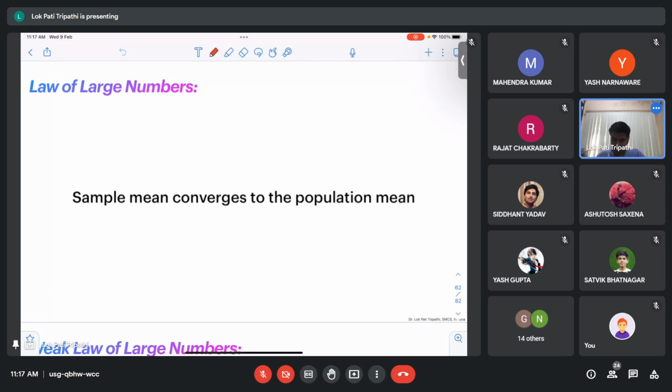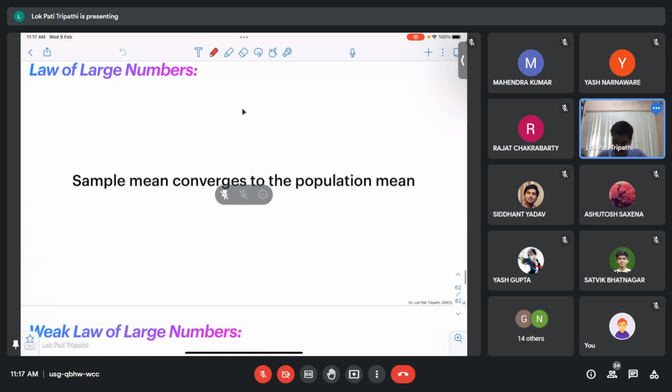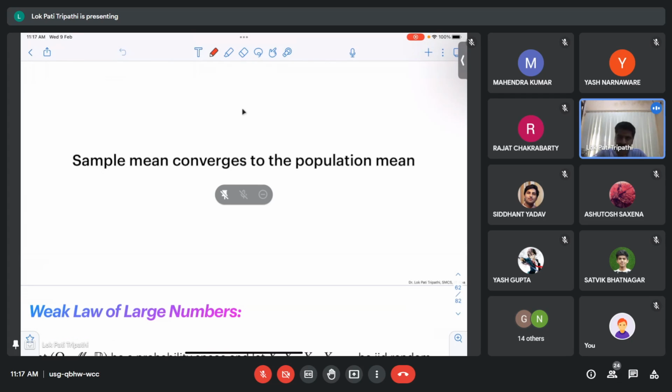So now I'm going to tell you the formal definition of a random sample. Although I will not use the term random sample because just to make the statement complete, okay. I will try to avoid using random sample. But whenever I say that something is a random sample, it means it satisfies certain properties.